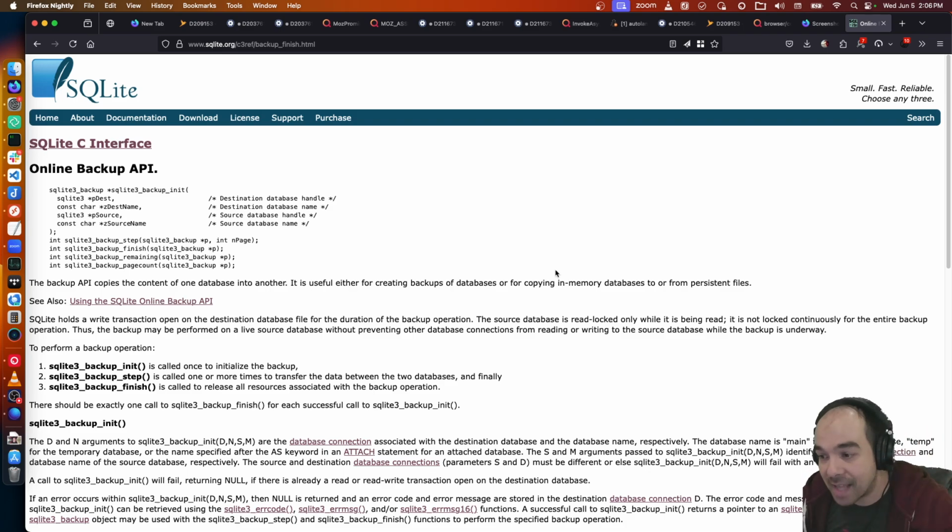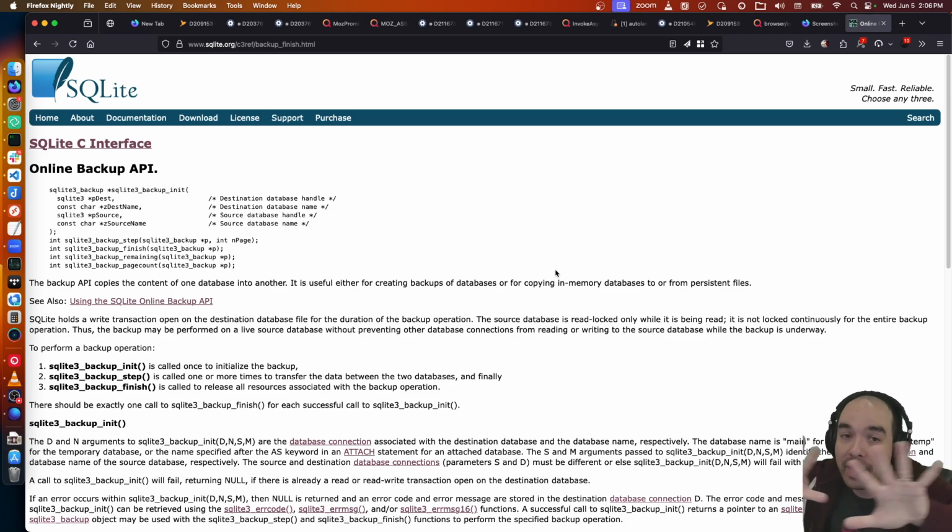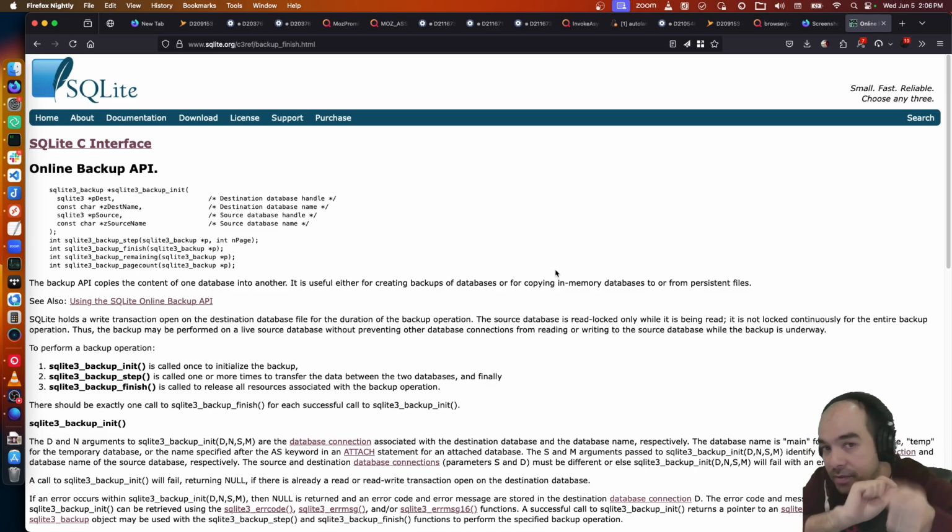And that can occur even if clients are writing to the database. It might slow the backup down. It might roll back part of the copy and then have to do more of the copying. It might take more time if a bunch of stuff is writing to the database while you're doing the backup, but it'll eventually occur.